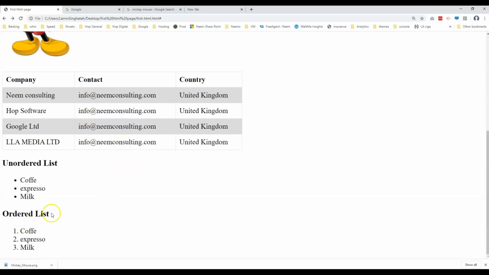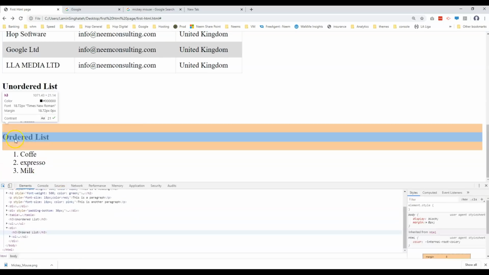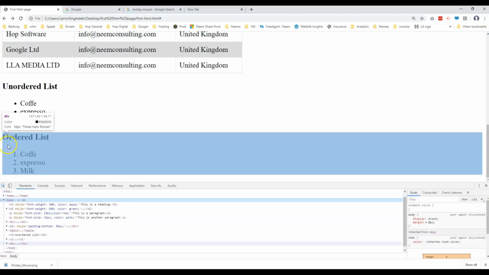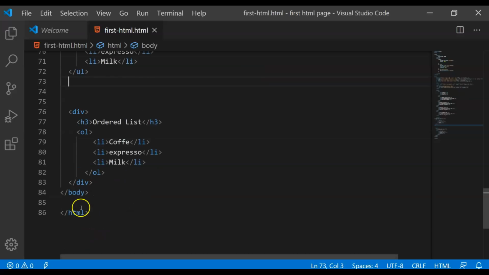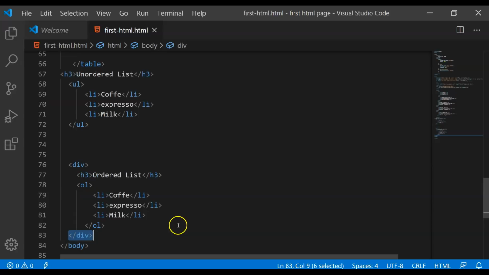Now let's inspect this, where we put our ordered list. If we just hover over the div tag here, you will see that that whole section is a block, and this is called a div tag. So now that we understand that if we want to separate things, we can use the div tag,